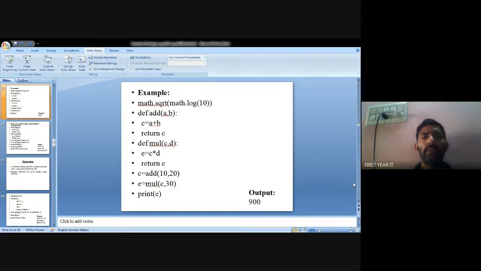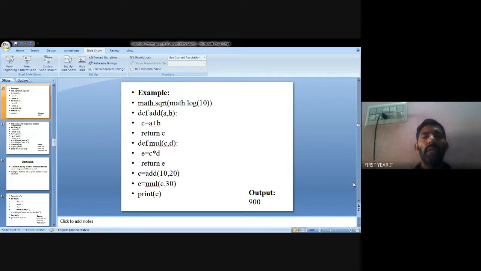So you declare c = a + b. Then after calculation, adding the two values a and b, the result is stored in c, and it returns c. So you define the add function outside the class. Again, define multiplication with parameters c, d.